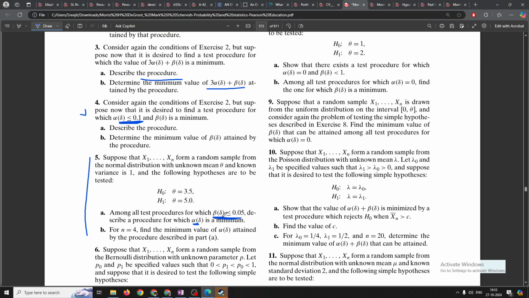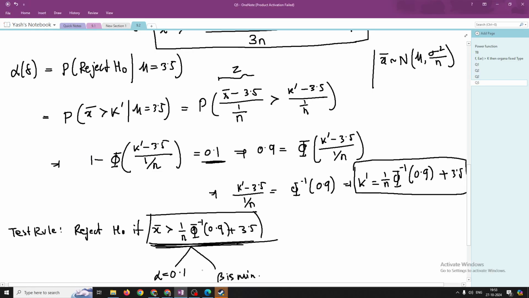Question में बोला था कि बीटा को 0.05 में fix करना है. I actually had this in mind and I did question number 5. But again, it shouldn't matter, right? So if you actually want to do this, what you would do, you would just